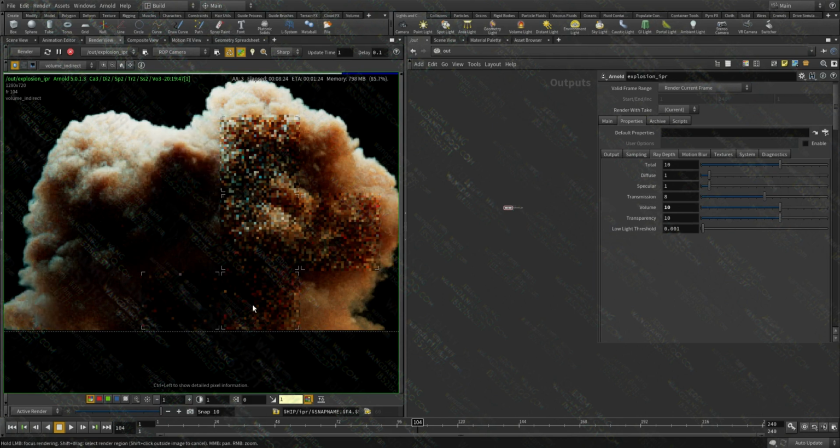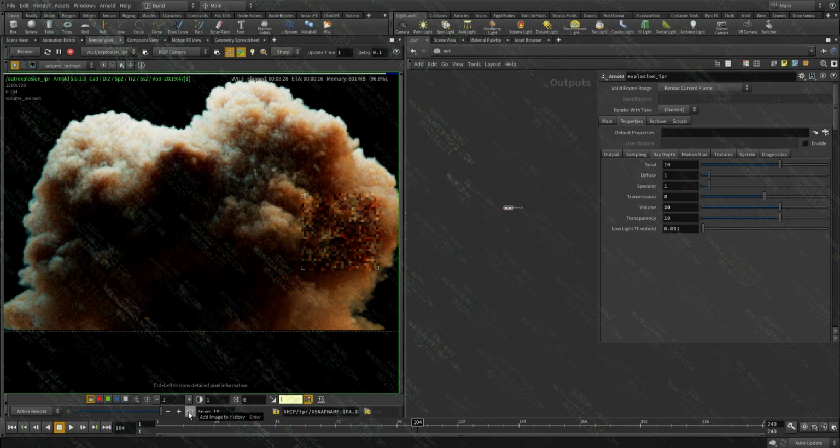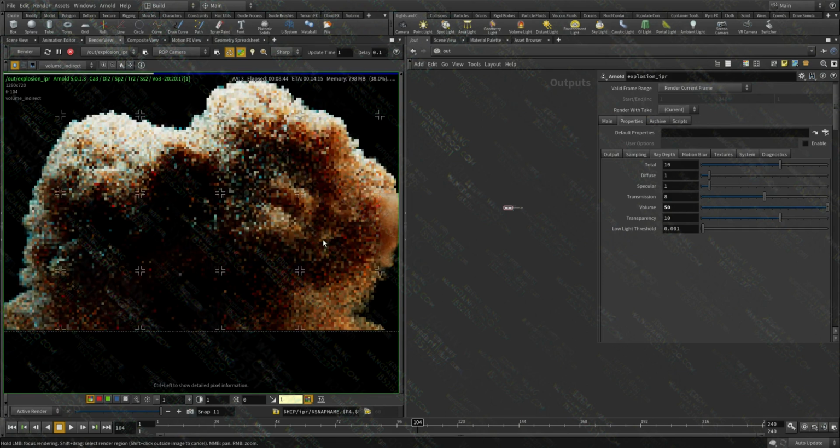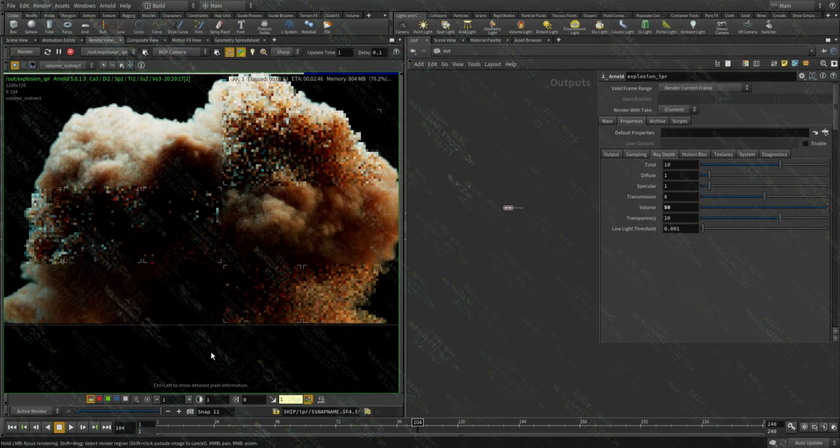Bounces is huge, but it really depends on the type of volume and how much transparency you have. So 5 could cause a point from here to sample something from inside the volume at this level, but because it's too dark, I don't think it's going that far. So let's try 50 if it finishes rendering. Yeah, it does. Okay.